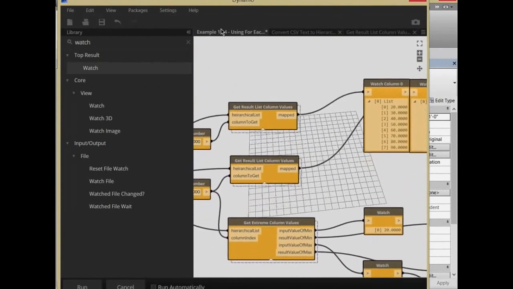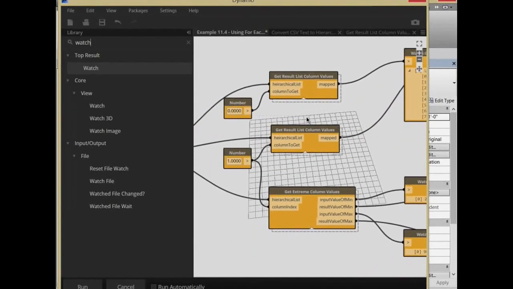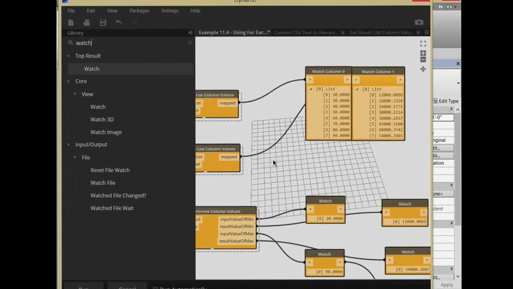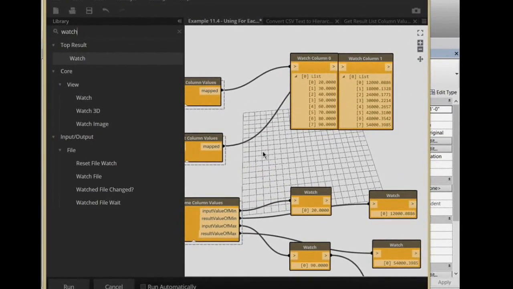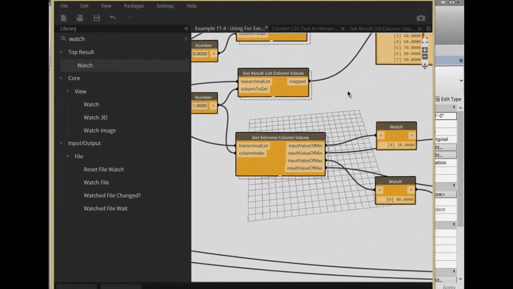So if I want to go through and get everything from the column to get 0, it gives me the list of values at column 0. If I also say, let's go ahead and get all the values from column 1, it'll get all the values from column 1. Okay. The last function, and we'll take a look at this in more detail next time, is really a function